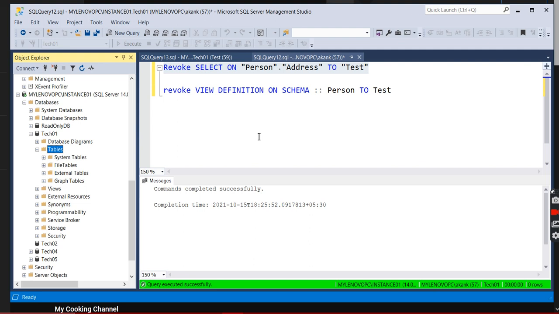Just grant the select command on a particular schema table, and if they want view definition also, you can give the grant view definition access, okay. So hope you got the points on how to grant particular table level access. This is very, very useful. Sometimes you are not aware at all how to grant table level access, okay.